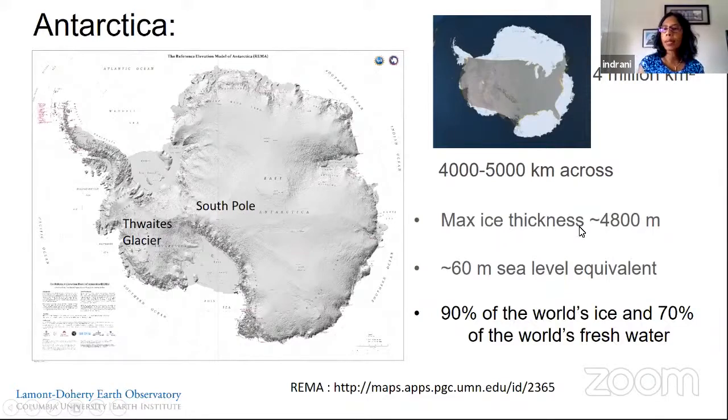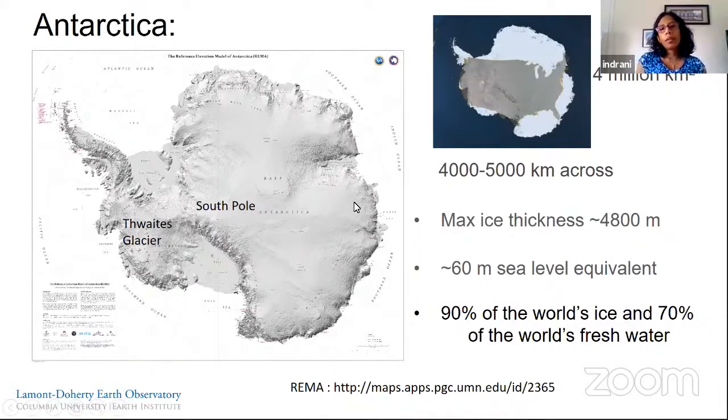Okay, so maximum ice thickness is around 4,800 meters. So if you think that an average human being is 1.75 meters, I'll let you do the math. You can see how thick the ice is, and you stack one adult on top of each other's head, and you'll see that that's how thick the ice is. And in my calculation it is more than 2,800 adult human beings that we will need to stack up to measure all that thick ice.